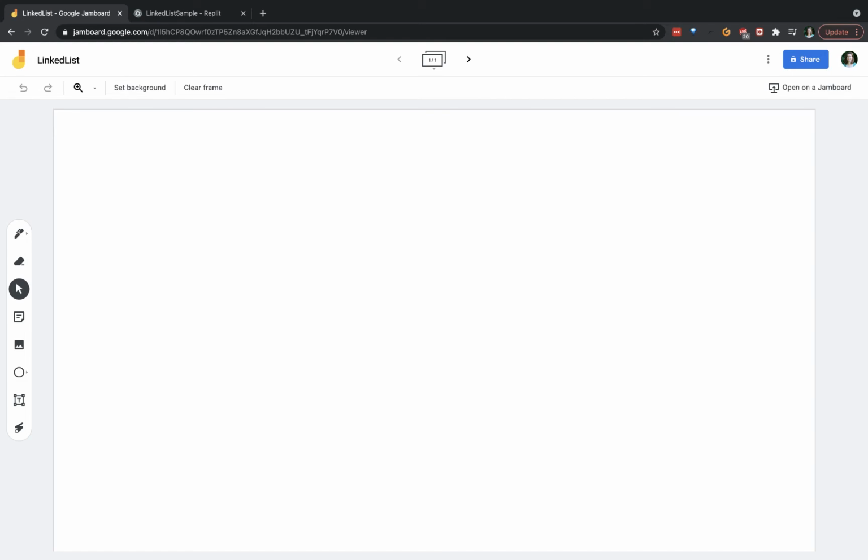Hey everybody, in this video we're going to walk through how to implement a simple singly linked list using Python. So what we're going to try to do is build a linked list that looks like this. So we have 3 nodes